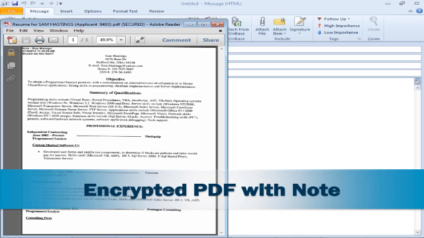Maybe I just want to send a particular page of this document, not all 70 pages of my TIFF, but maybe just the first 2. And I want to include my notes. And now, here's that email, here's that encrypted PDF. We're not going to send it out, but you get the idea. It generated this document, interfaced with Outlook, brought it up, used the auto name string, and got me ready to